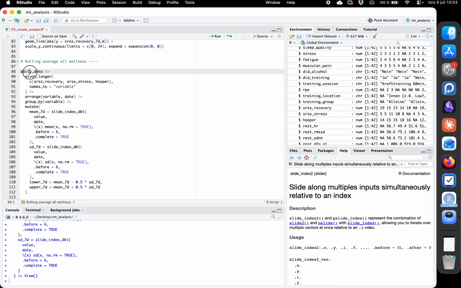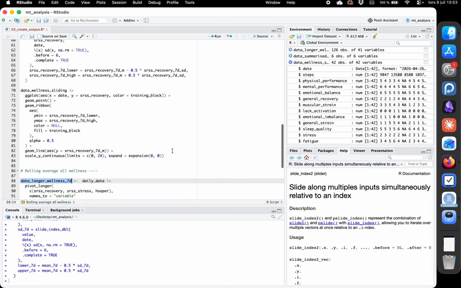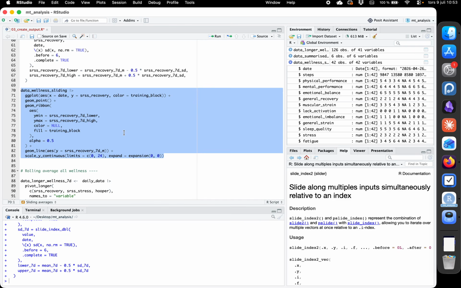We save this into data wellness. We could call it data longer. I normally call it that when we pivot something to make it longer. Wellness 7 day. Okay, we run this, so we saved it, and now we're gonna do the plot basically the same way